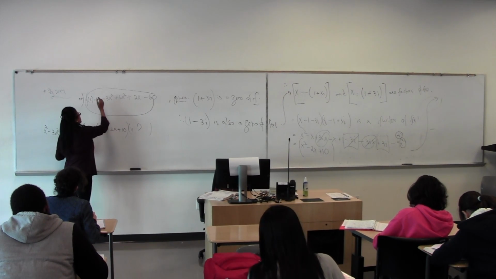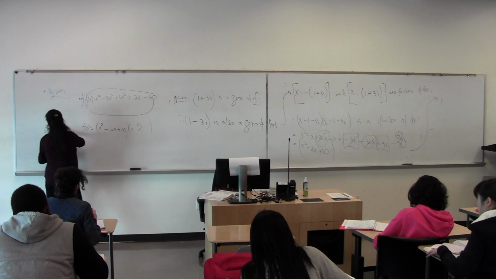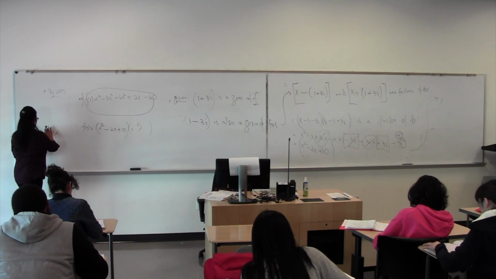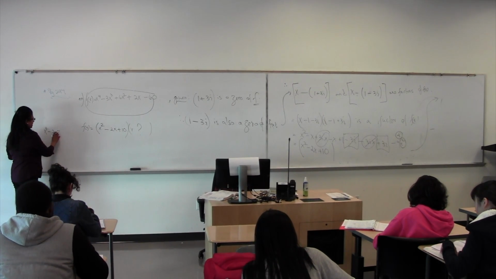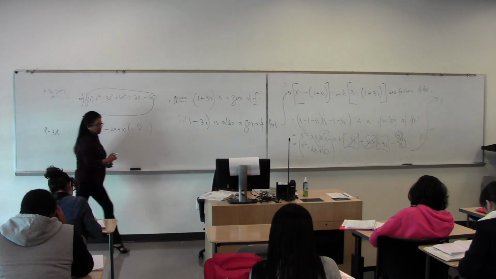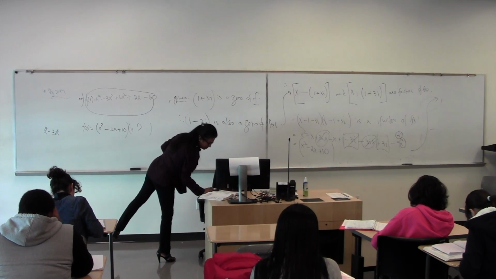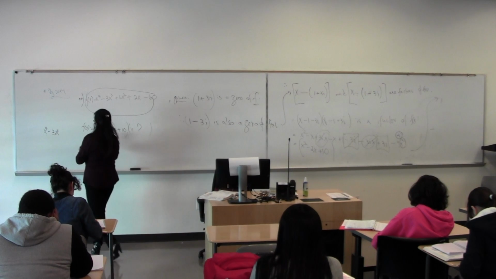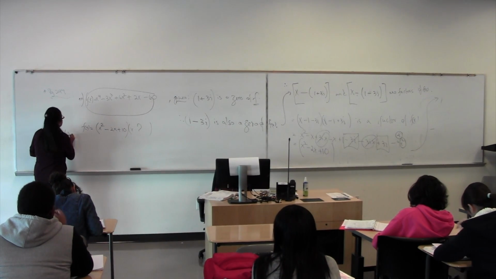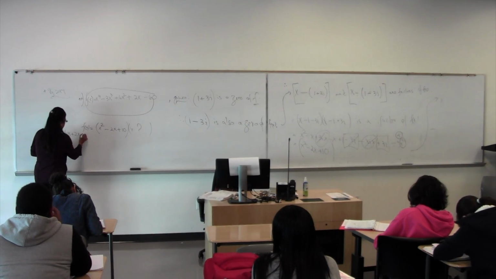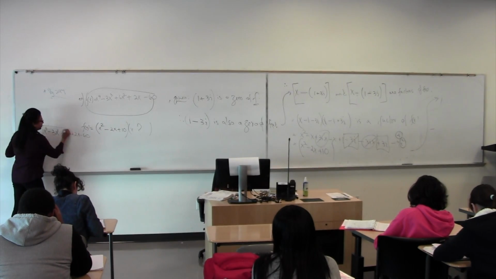I wrote it wrong here. This is x to the 4. X to the 4 minus, here, plus 6x squared plus 2x minus 60 divided by